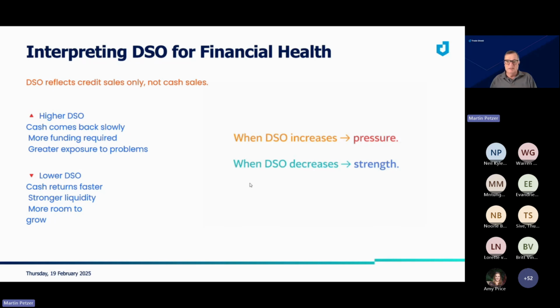The important part is that the higher your DSO, the slower your cash comes in, then your focus starts changing. Because now you don't have cash. Now your team is starting to run around looking at all kinds of things, where to generate cash from and how to get cash in. And that is when your focus in your business starts shifting as well, because now it creates different pressures.